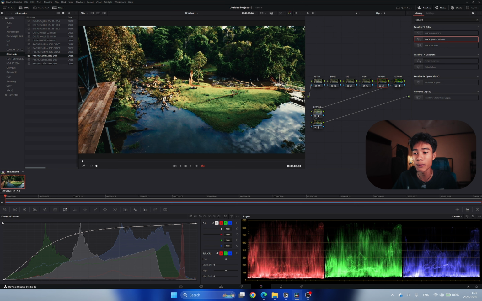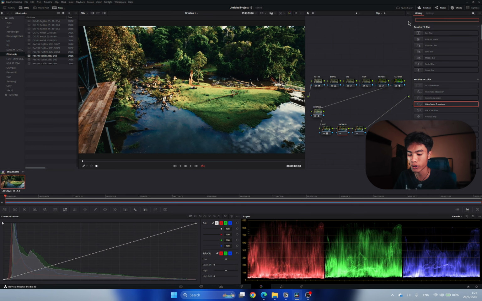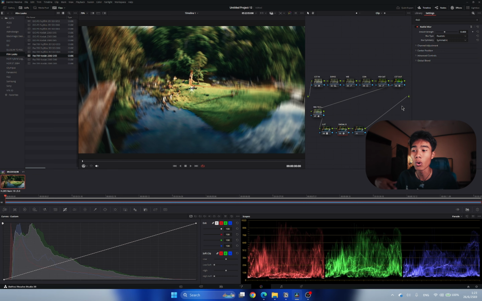So I think right now you already have the final look of the cinematic look. But I would like to add some more depth into this video. So I'm going to clean up the grabs and I'm going to add 2 nodes in here. The first one we're going to name is the radial blur. In effects, just search for radial blur right there, drag it down,